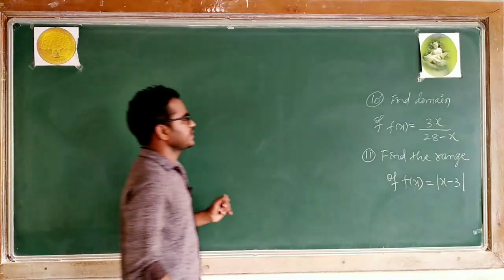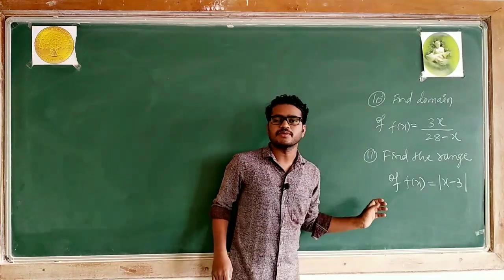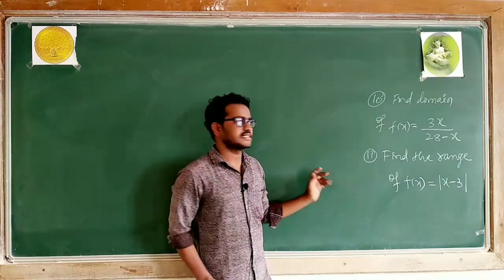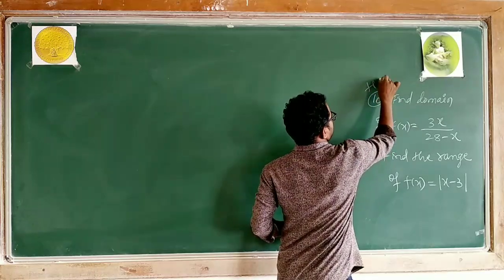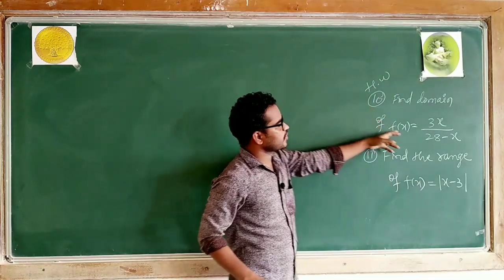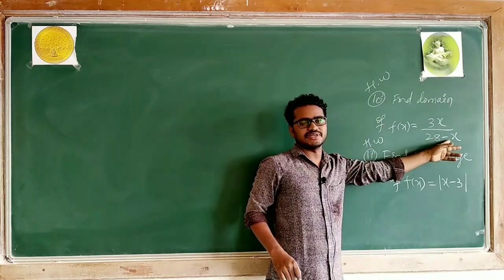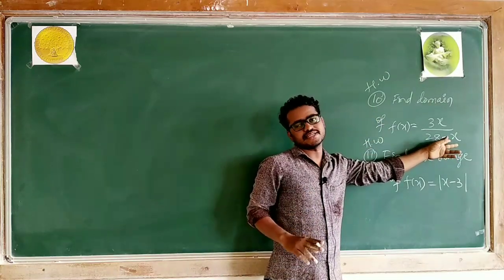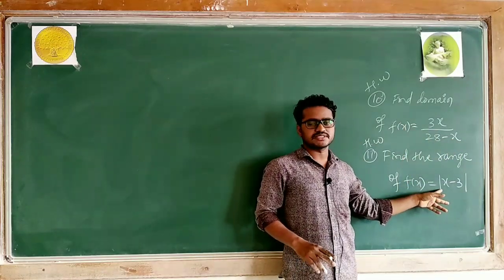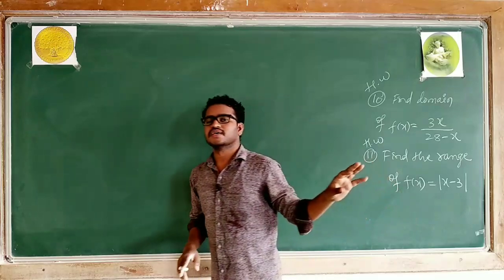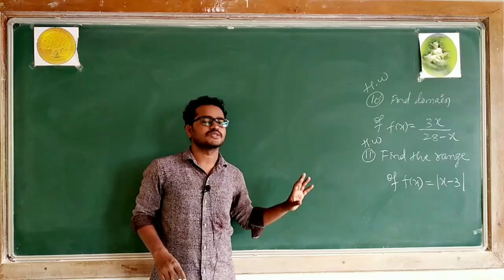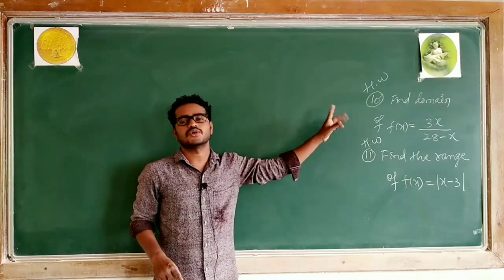So the 10th one and 11th one. I have done 9 problems in this class, and I am giving the 10th and 11th, which are very easy, as homework. Try to solve these yourself. Here, find the domain: the denominator is 28 minus x, avoid 28 and you will get the set of real numbers excluding 28. Here it is modulus x minus 3. You substitute any x value and you will get y values. You find out the y values, that is the range. So what is the range of this? What is the domain of this?